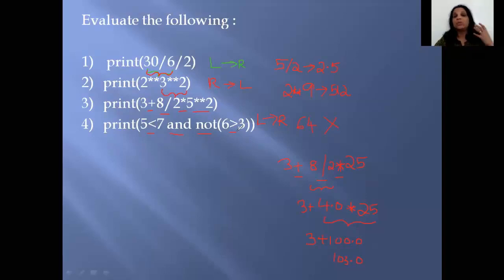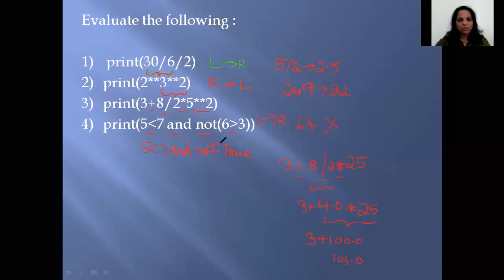And we have learned that whenever we use relational operators, it always evaluates to a what? True or a false. So 6 greater than 3. Is it true or a false? It evaluates to a true. So I have all this as it is. I'm not writing it again, but the bracket evaluated to a true. And now I'm left with which operators? I have the less than sign. Let me just not confuse you. Let me just write it, even if it takes some time. So let me write 5 less than 7 and not true.